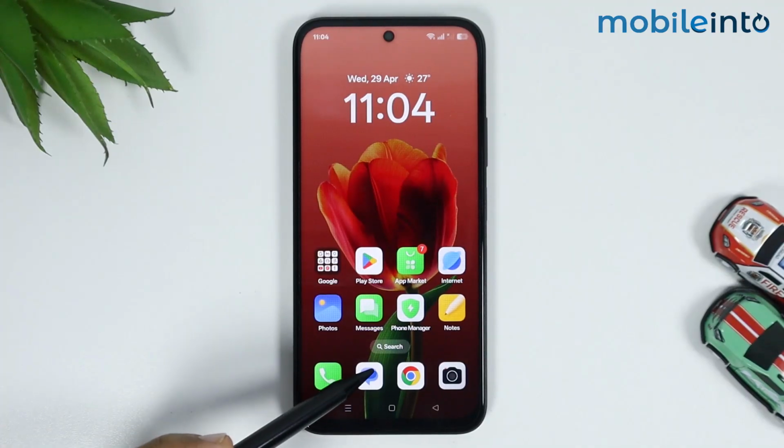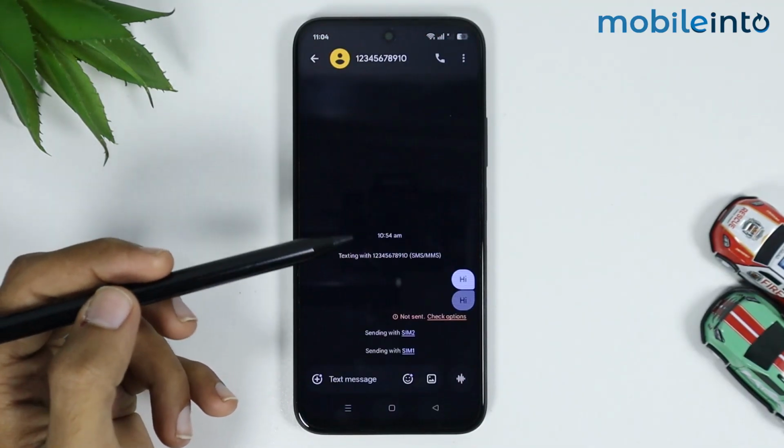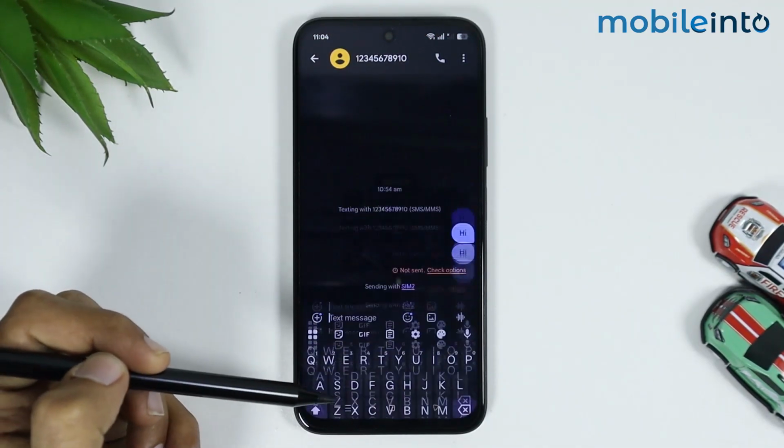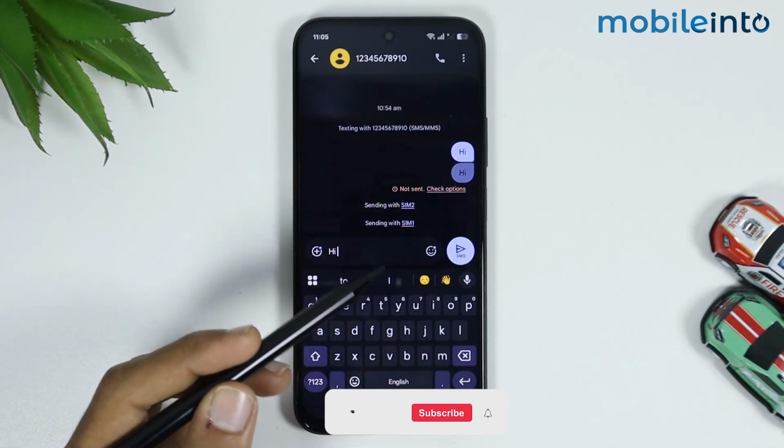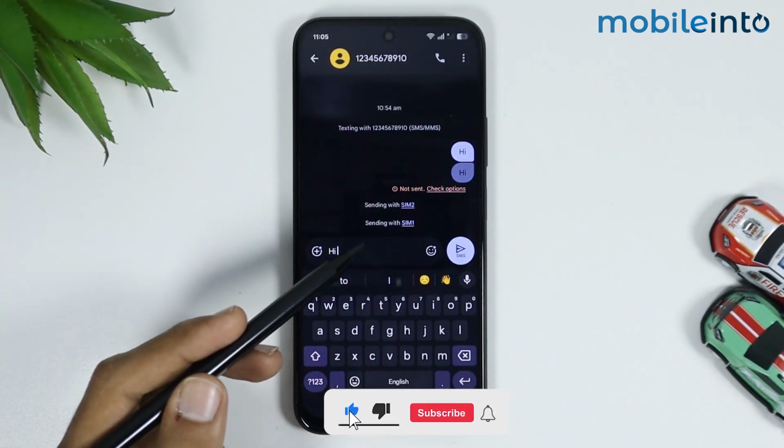In this video, I will show you how you can fix if the dual SIM option is missing from the Messages app on your Android phone. Now, if you're trying to message someone, but the option to select the SIM card for messaging is missing